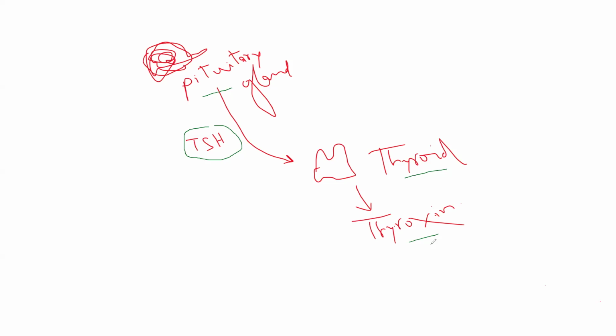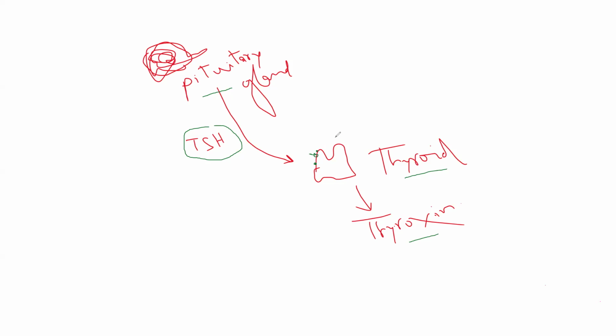So when there is more need of respiration, then it needs more production of thyroxine, and it depends on the thyroid stimulating hormone. The pituitary gland will guide and direct the thyroid gland to make more thyroxine, and it gives the signal with the help of thyroid stimulating hormone. And there are receptors for the binding of thyroid stimulating hormone on the cells of the thyroid gland.